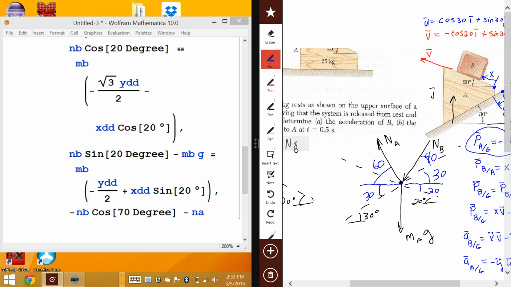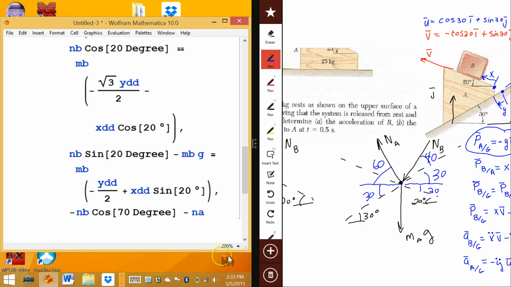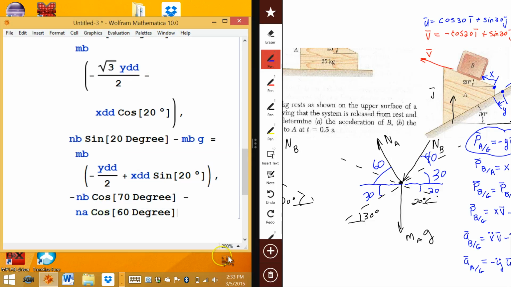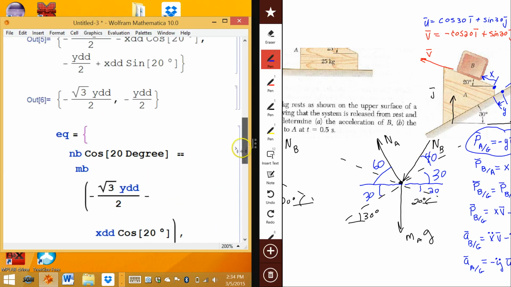So it'll be NA times the cosine of 60. That's in the horizontal, and that's all, so that equals mass of A times the acceleration of A in the x direction,